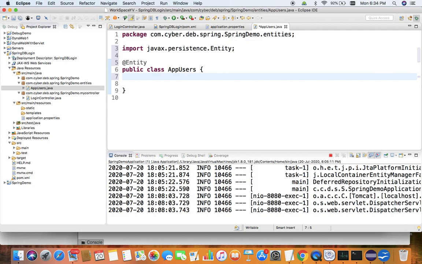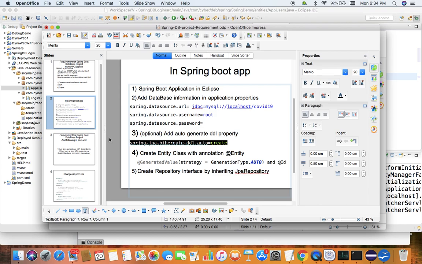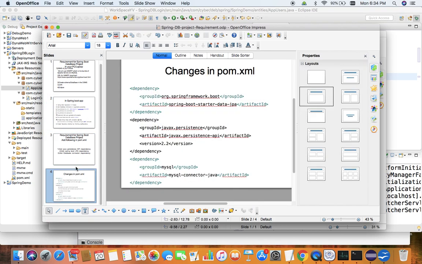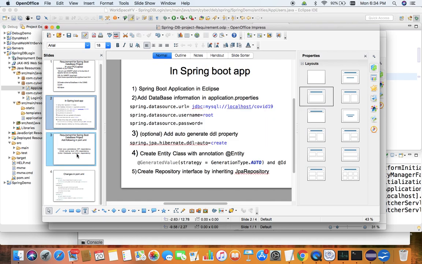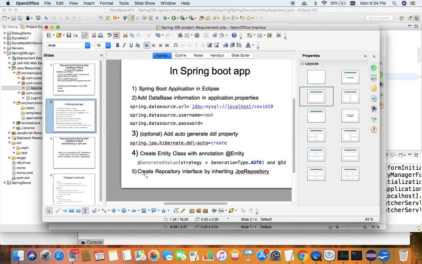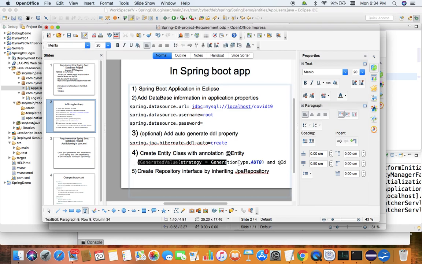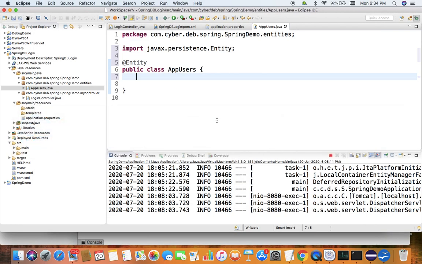Now I will put the variables which are going to be the columns of the table. For that we need to use @Entity, @GeneratedValue and @Id, which I have already mentioned in the presentation. So here I mentioned @Entity. Now @GeneratedValue and @Id I will mention for the variable.